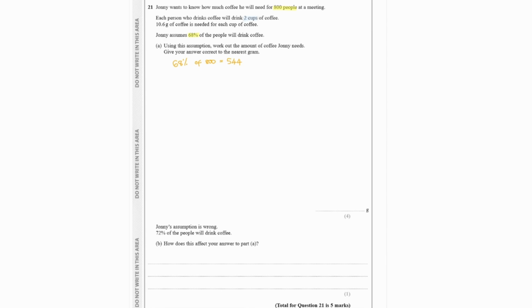We're then told that for each person who drinks coffee, they will be drinking 2 cups, and each cup contains 10.6 grams of coffee. Therefore, to find how much coffee is needed per person, we would do 2 multiplied by the 10.6 grams, and that gives 21.2 grams. And if that's the coffee that's needed for one person, for 544 people, we would need 544 multiplied by the 21.2, and that gives